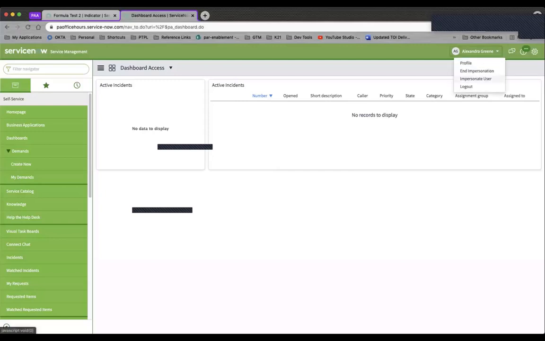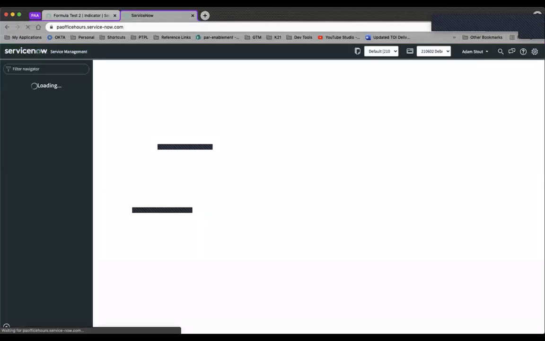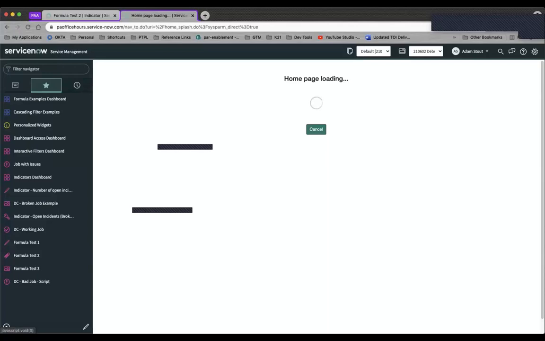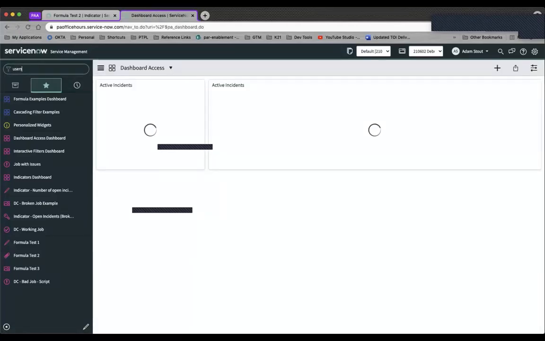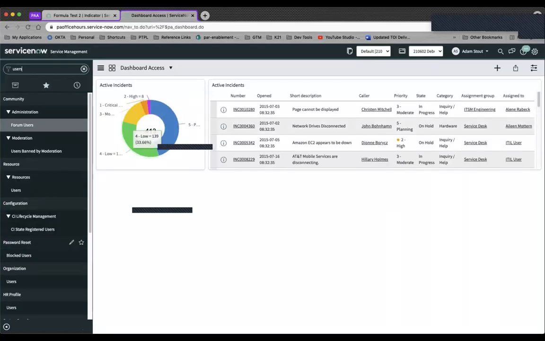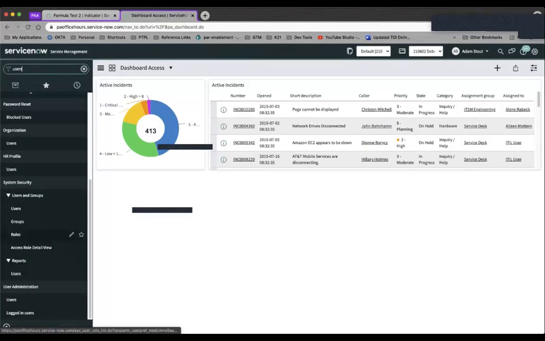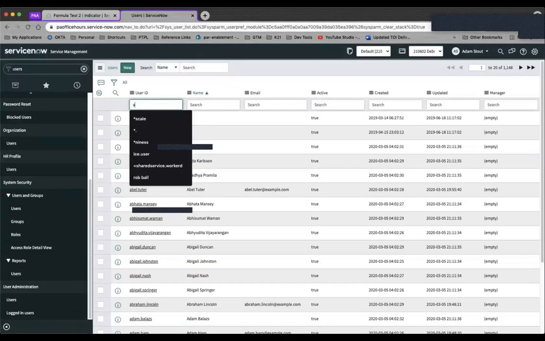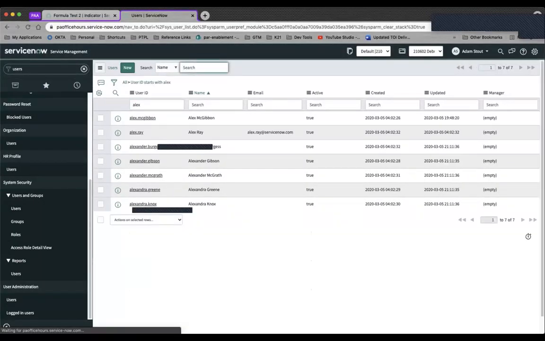So we're going to go back to an admin user. I am going to switch over to Alexandra's record. These reports are an incident, so I know ITIL will grant that. And again, I am just going to grant a specific role to this user. This is not a great best practice. I want to make sure the roles are associated to groups